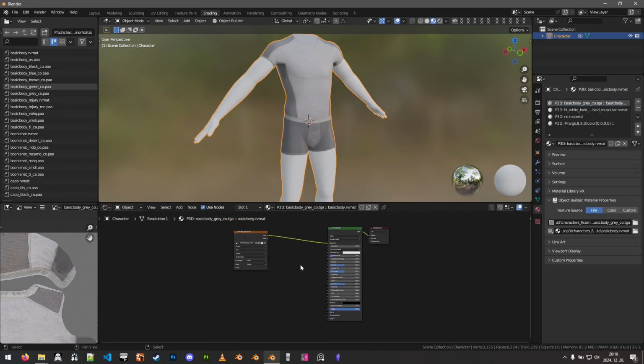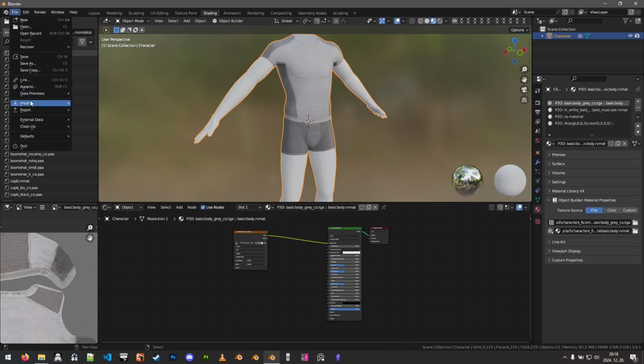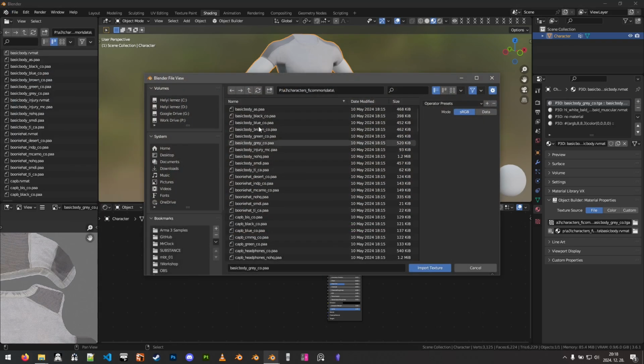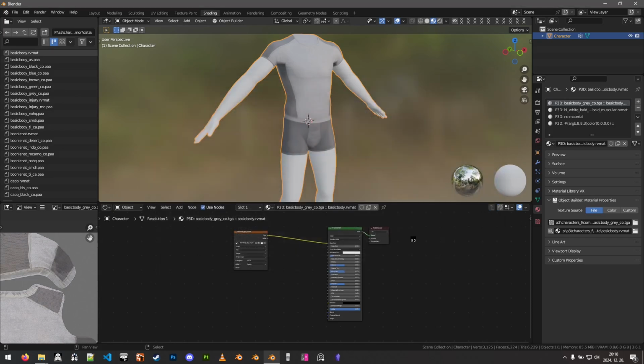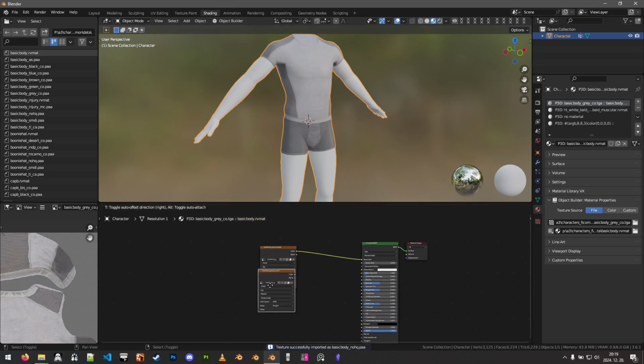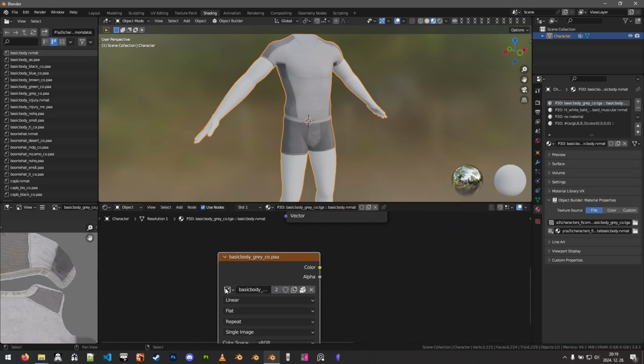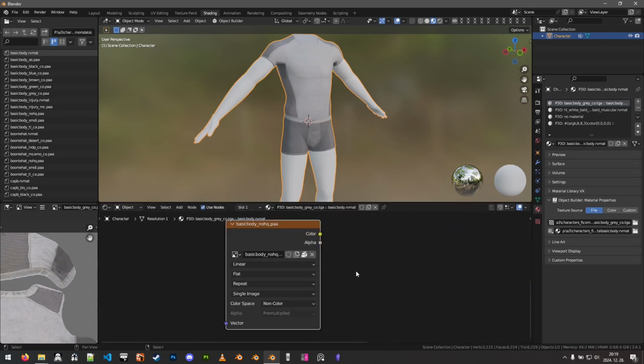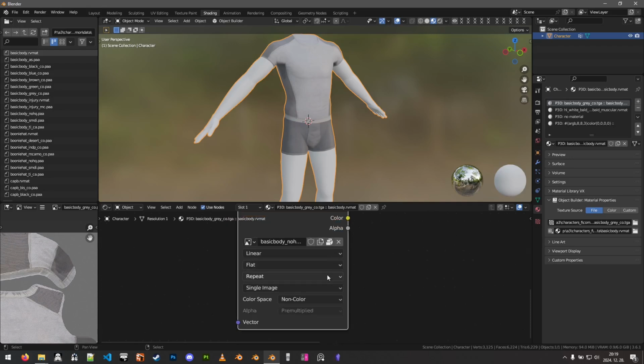It also supports most of the data type textures. So let's say that we also want to get the normal map for this. So let's go ahead and go to texture import again and switch this to data, and then click on basic body normal map and import. Now this will take a bit longer, but it finished already. So let's go ahead and duplicate this node and switch this to the basic body normal, and this is where we will see the effect of the